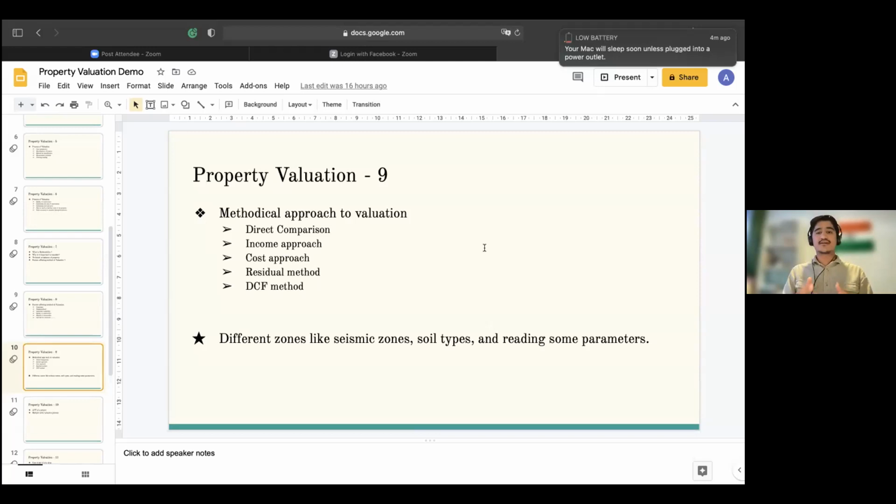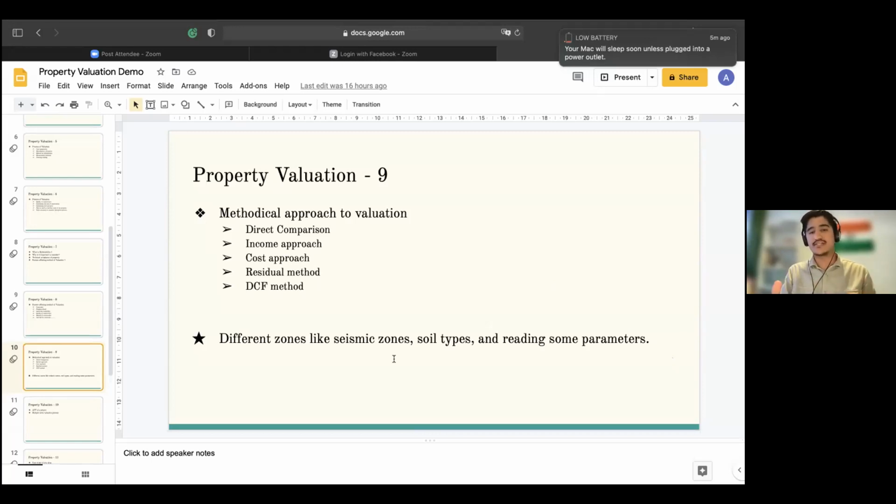Suppose you know the method, you know the process, how to go from here to here, but what kind of approach can you take to ease your process? So these 5 methods are there. I will try to give a brief idea and how you can adopt these methods into your working style, and then I will introduce you to some parameters which are also responsible, but not to